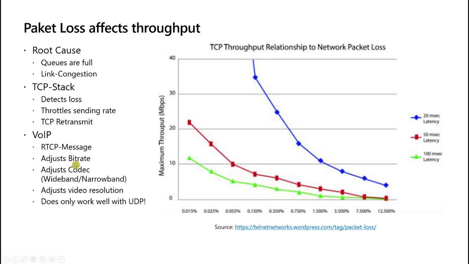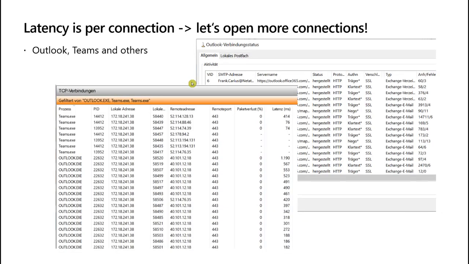For example, reduce from wideband to narrowband, reduce the video resolution from full HD to VGA. But if latency and throughput is a limit like that, how can Outlook and other programs use the full bandwidth? How can you use the fiber to the home if we have this limitation? Yeah, the trick behind this